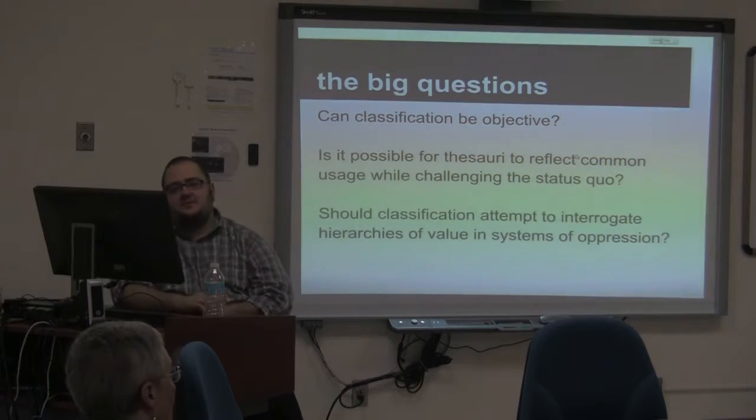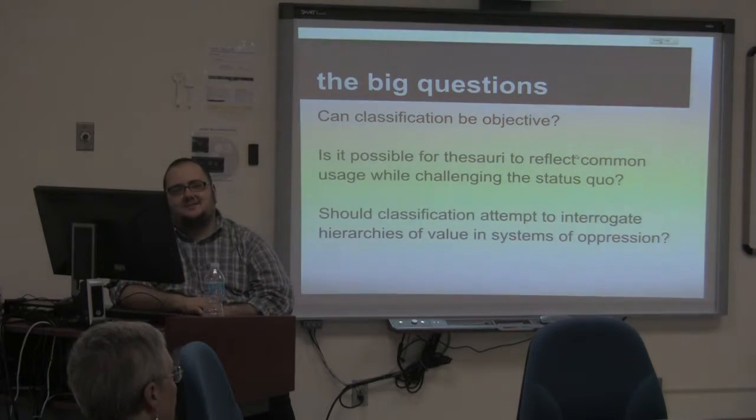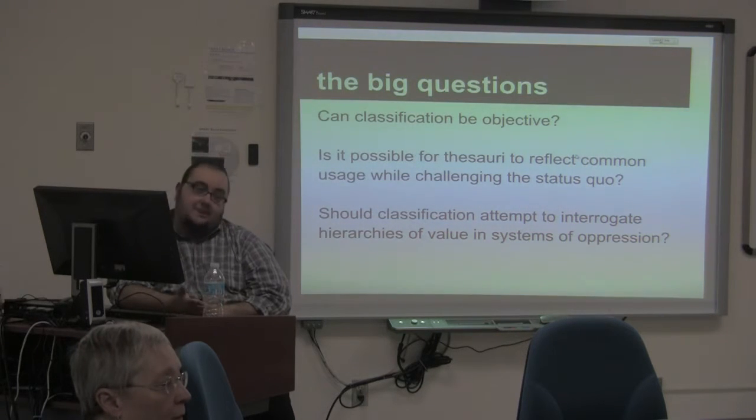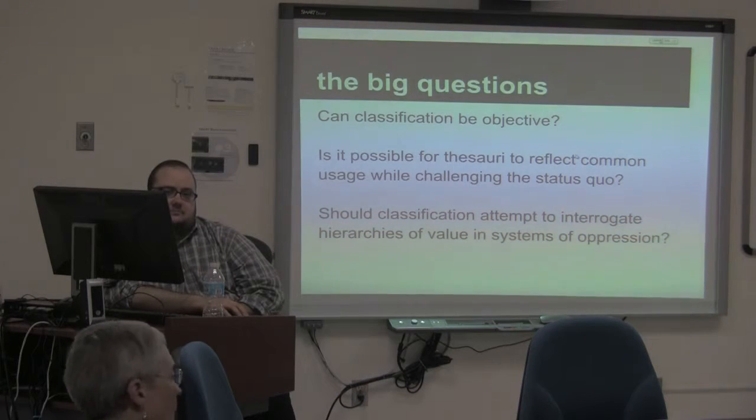Yeah, it's a really good point. How do you describe something that resists description? Right, exactly. And I don't have any good answers. That's the problem with classification. You have to compromise in some way, but it seems to me that your question is what does the compromise mean to the people being described?